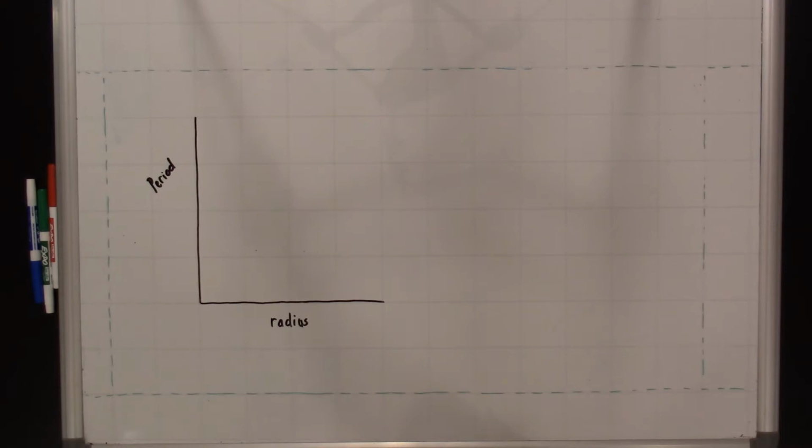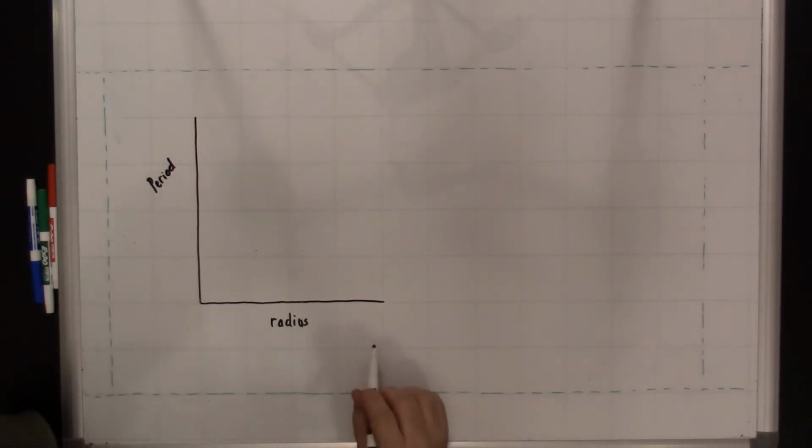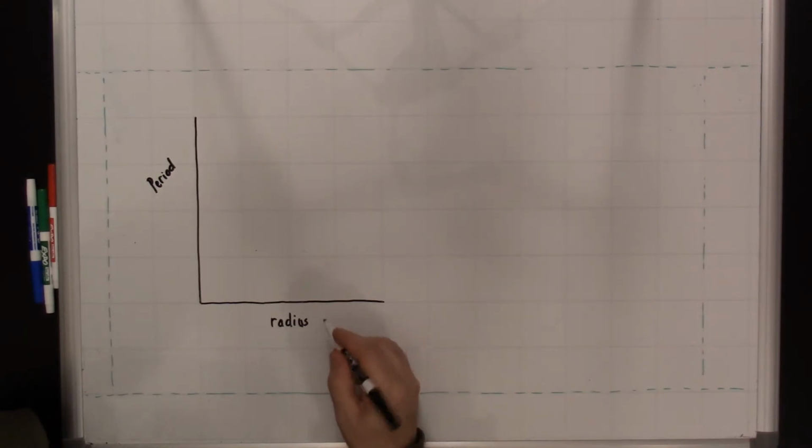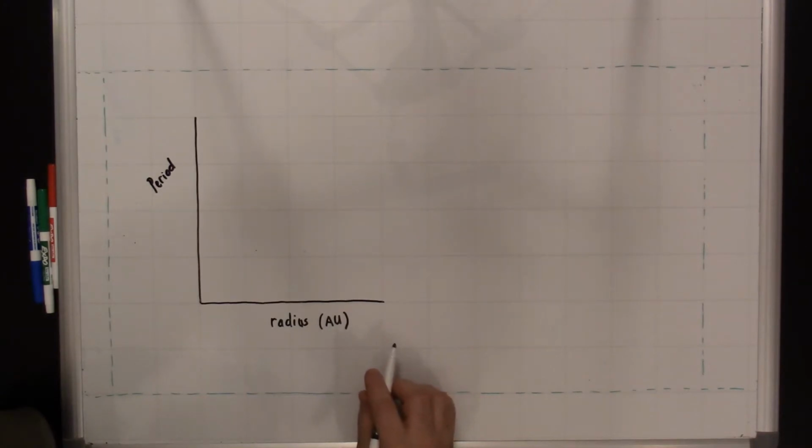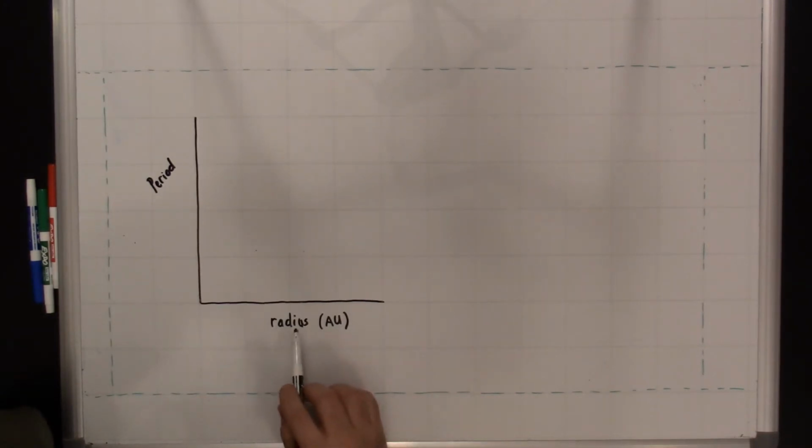Now, the question is, how do you measure the radius? In solar system context, one of the ways that we measure the radius is we measure it in terms of something called an AU. An AU is an astronomical unit. It's basically the average distance from the Earth to the Sun. It's about 93 million miles or so. As we talked about yesterday, the Earth actually goes around in an ellipse, and so it varies a little bit more than 93 million, a little bit less than 93 million, but the average is about 93 million for the